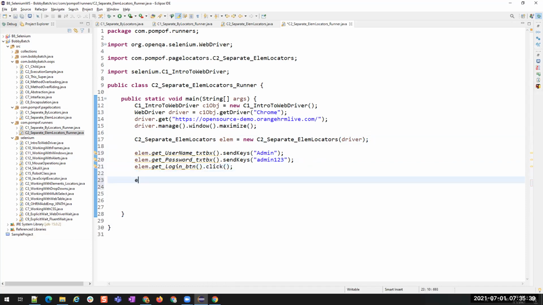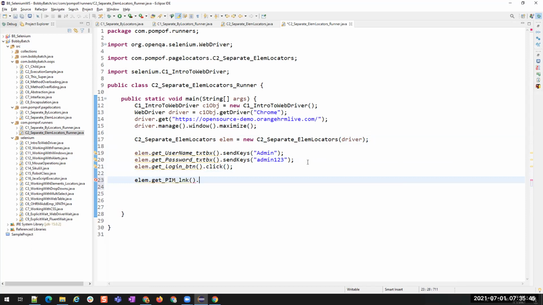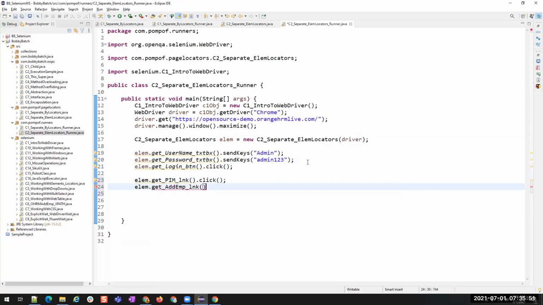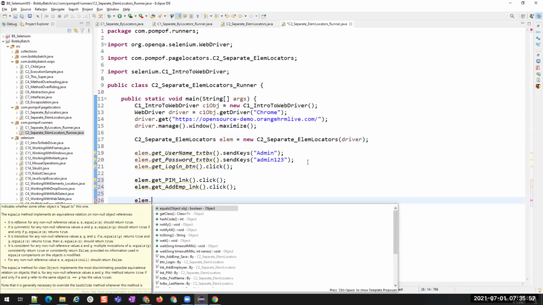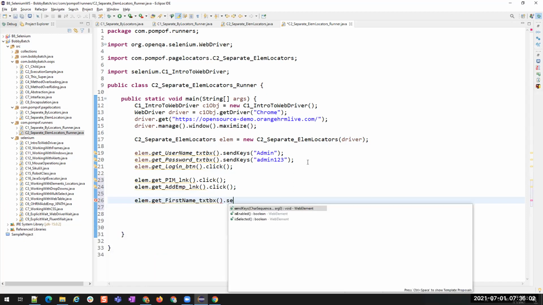Okay. Then element dot get PIM dot click, and then element dot get add employee link dot click, element dot text box dot